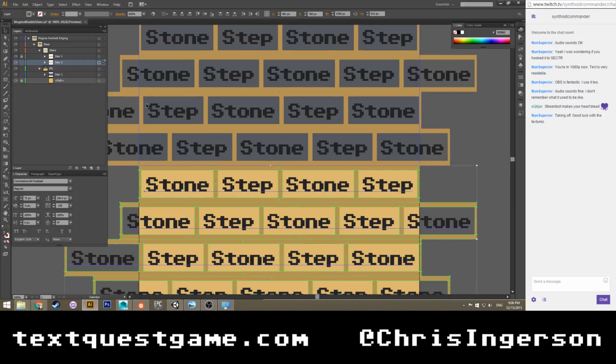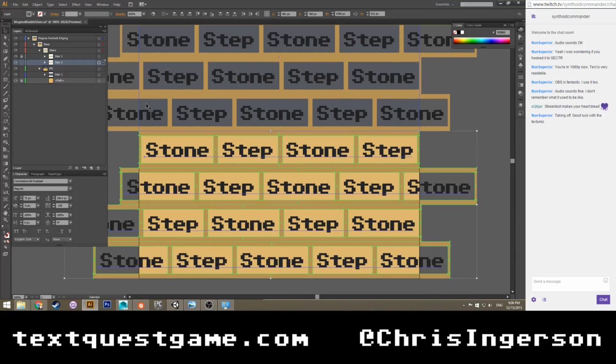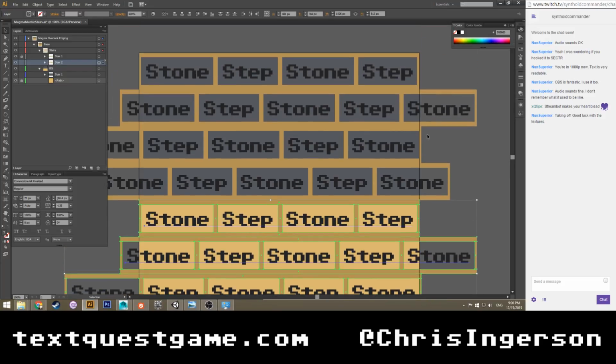Let me think. So I'm thinking the top here is going to be pumice, similar to the other stone steps, and the bottom's going to be marble. That's what I'm thinking. Do I want to do marble, or not marble, pumice? Because we already have it for our overlook area, so I feel like I shouldn't make it again.